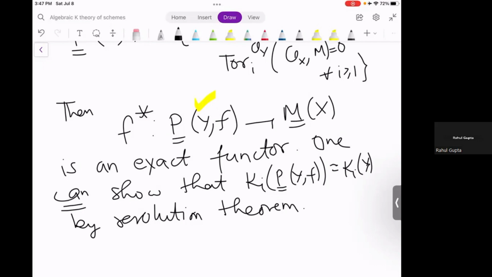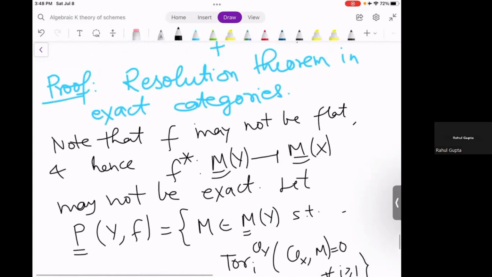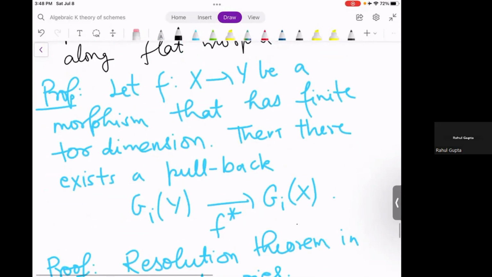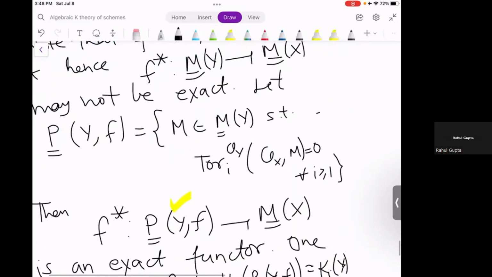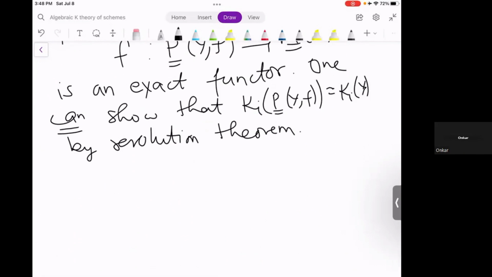That may require some extra condition, which in this case is this finite Tor dimension. Okay, is it okay? So this condition is very strong here. This is where we use this resolution theorem. Okay, good. So at least you get the flavor of what we do when we want to define the pullback